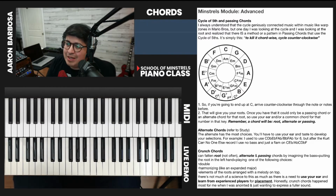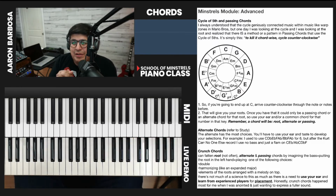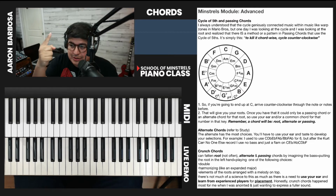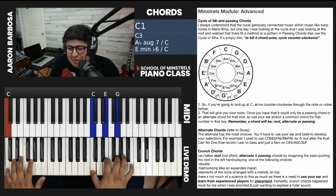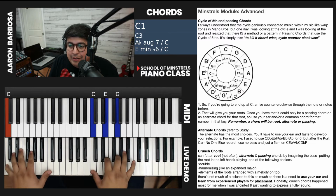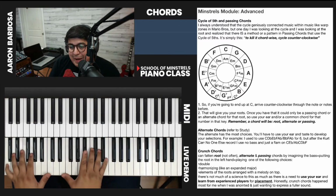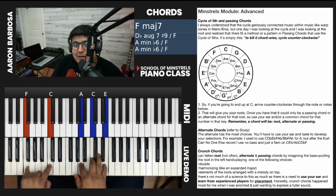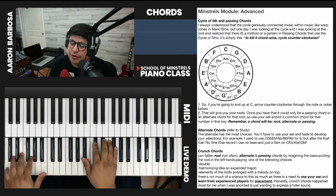So, more than anything today, I want you guys to see kind of my approach. I start off with that this cycle gives me the roots. Secondly, after I have the roots, then I try to figure out, okay, here's the root. Well, what is it? Is it the root chord? Is it an alternate chord, like a minor or something? Is it a passing chord? See that? And then, of course, a lot of times when you listen to players that have gone before you, that are playing songs and styles that you want to learn, once you see their placement, you realize, oh, they're going...